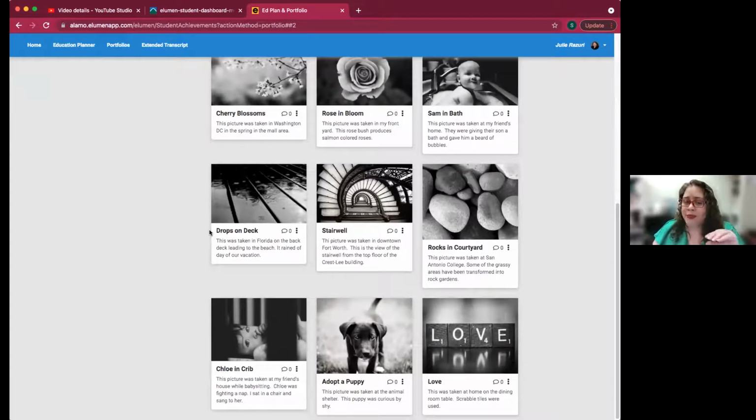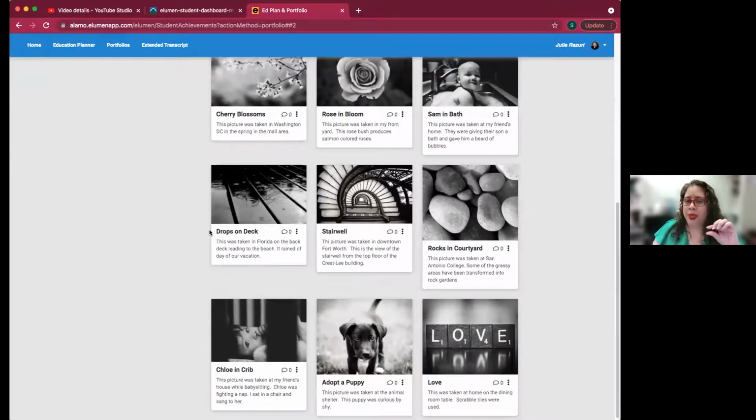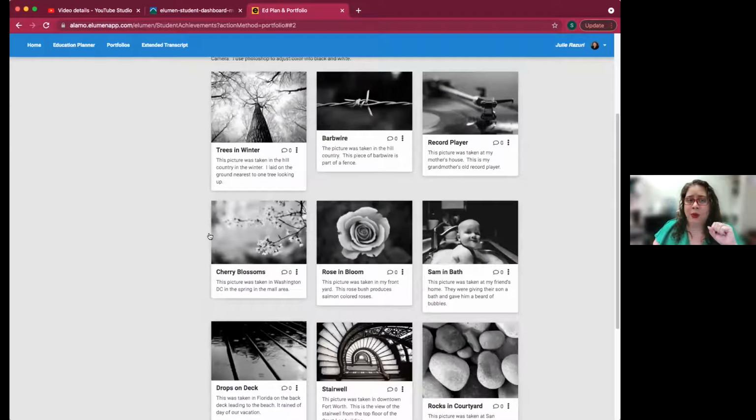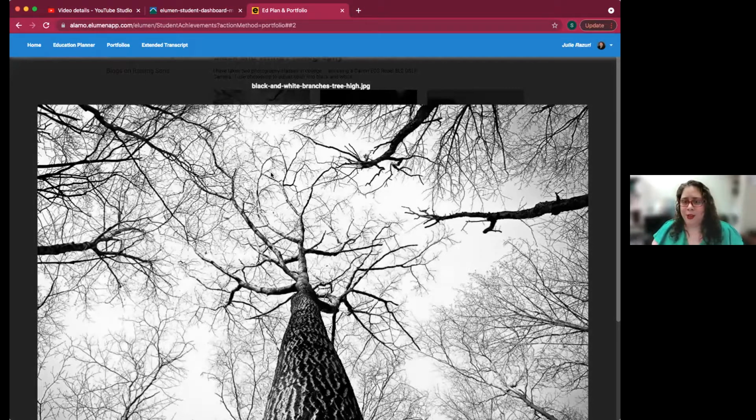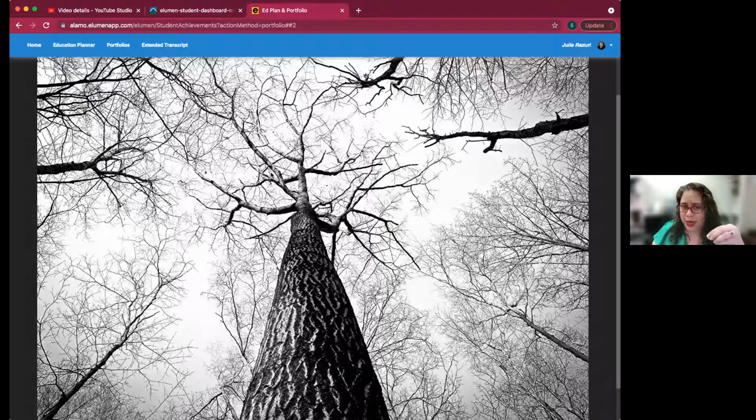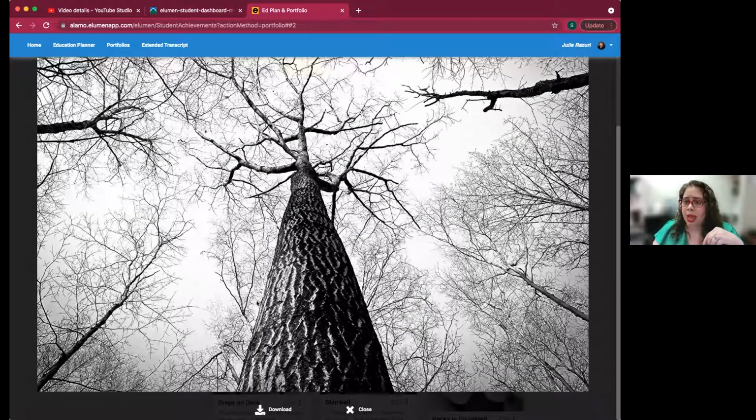The great thing is that even though you're seeing them rather small, if anybody was looking at this, they would be able to click on the picture and it actually widens. And so they can see it with much more detail. But then again, anybody who's looking at it also has the option of downloading the portfolio itself. So of course, we want you to be able to reflect on your schoolwork, but there's also a lot of talents that you have currently that could help you in creating a portfolio and then using that for different reasons. So I'll